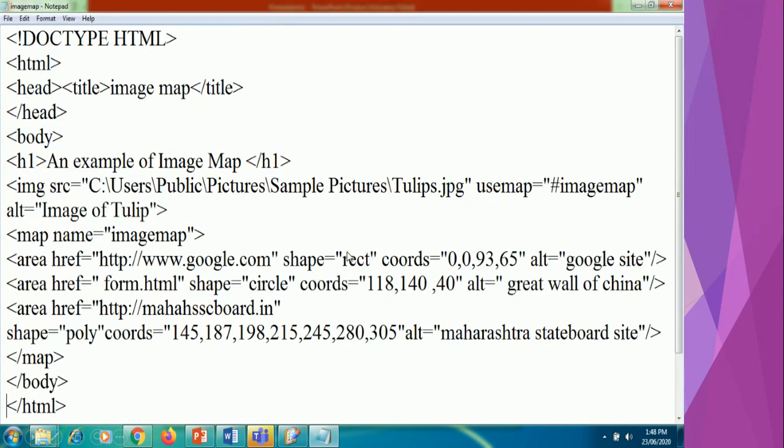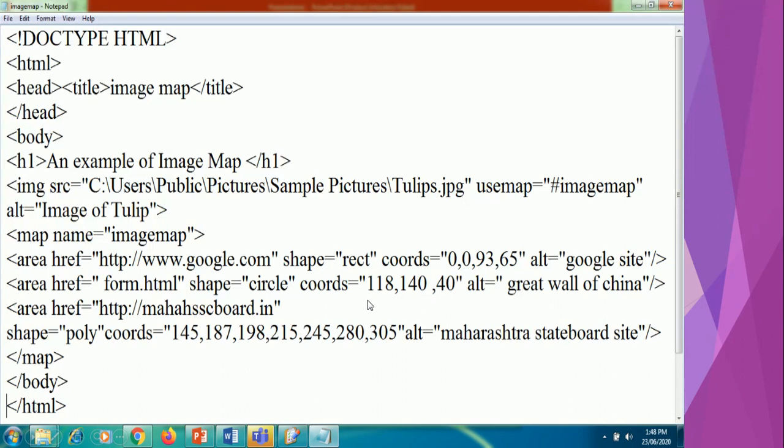Rect, here I use the rectangular shape, and whenever the user clicks on this area, he will get which website opened? Yes, google.com. Okay. Another, here I am going to use a local file form.html.